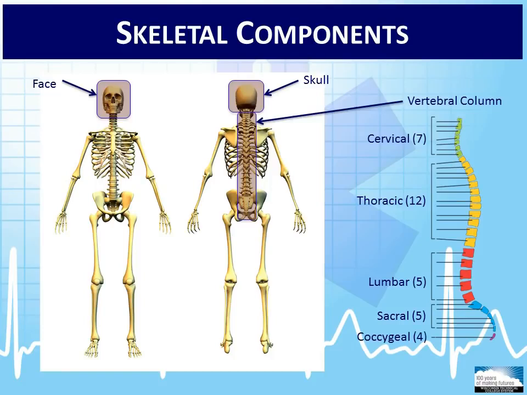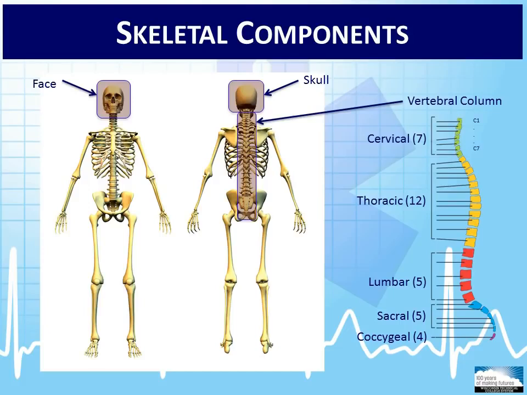Lastly, we come to the coccygeal spine, which contains 4 vertebrae fused together to form the coccyx. To tell the difference between the various vertebrae, they are named based on their relative position within these spinal regions. Cervical vertebrae are labeled with a capital C followed by the number 1 through 7, with C1 being superior and